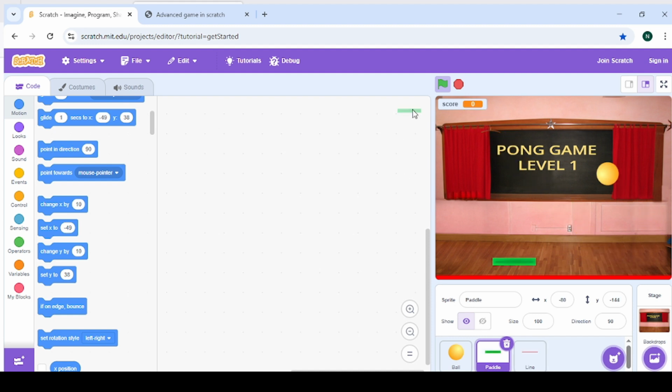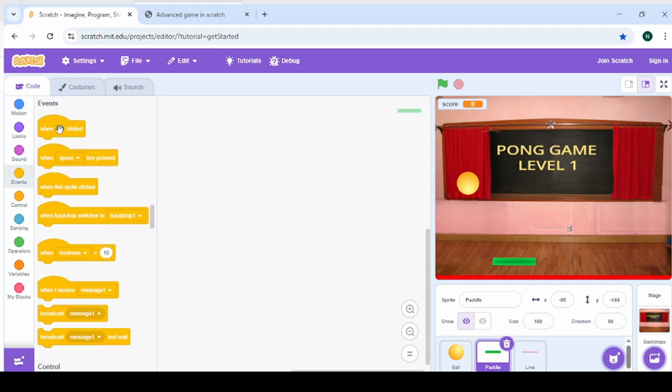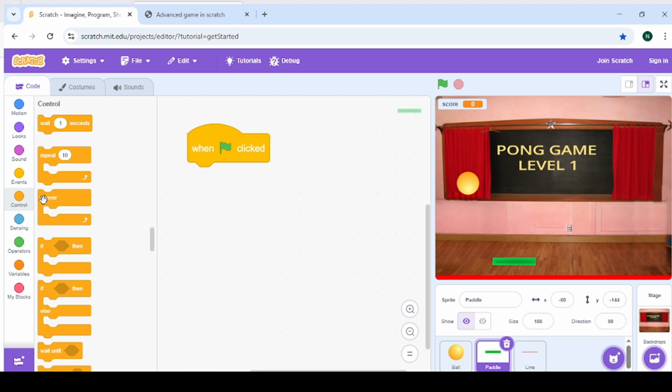So now let's do something. Click on your paddle. Now we want to code for our paddle. It's time to code for our paddle. We want our paddle to go to the mouse pointer. We want it to be going towards right and left, right and left. And for this, we don't want to use our arrow key. We want to use our mouse pointer. So to do that, make sure you click on your paddle before you start coding. Go to events. When green flag is clicked, forever,